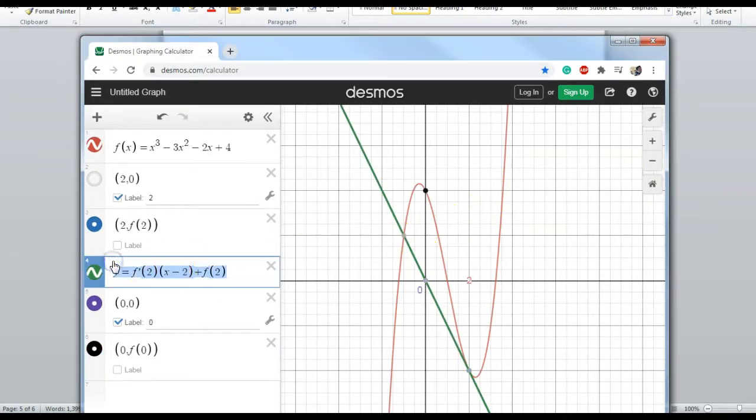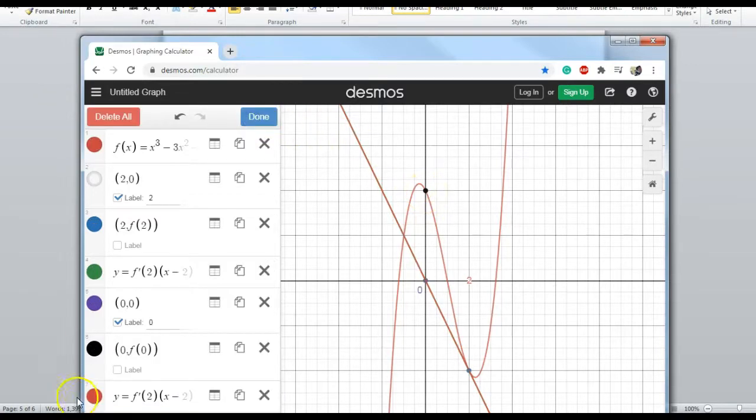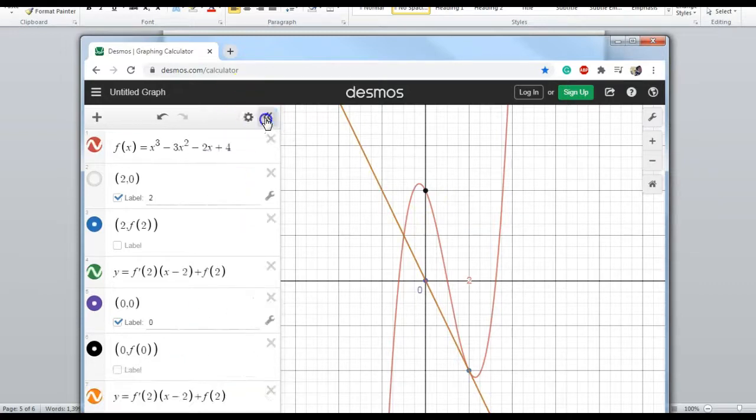I'm going to grab this tangent line equation, and now my new guess is at 0. Let me make this tangent line orange. I haven't used orange yet. But now I'm going to do it at 0. So if I plug in 0 here for all these,